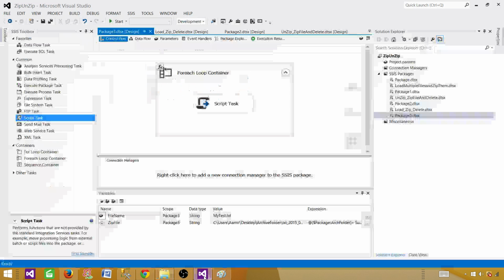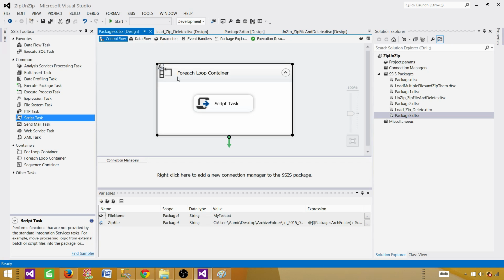But there was a lot to learn in this video. We learned the foreach loop, parameters, variables, the script task, how to change the .NET framework, as well as how to add the assemblies and then use different methods from those assemblies and classes,